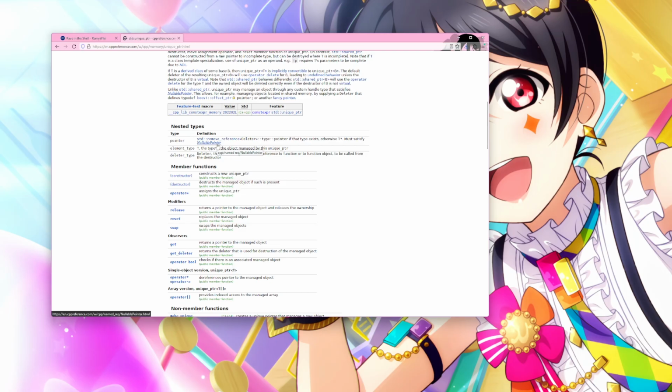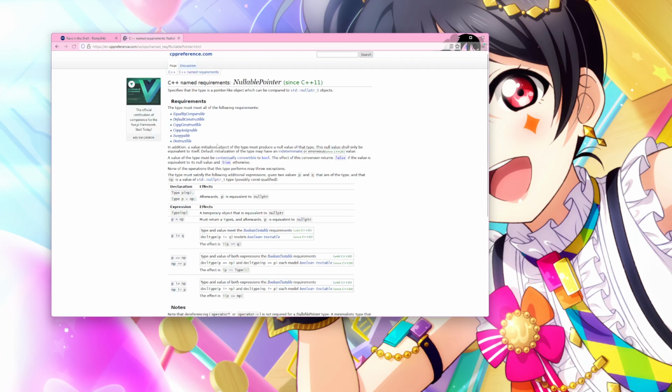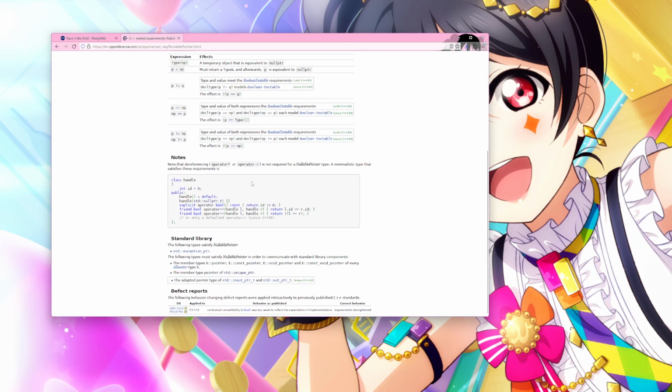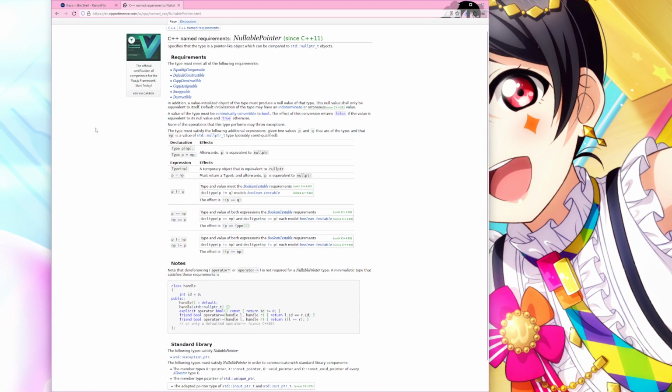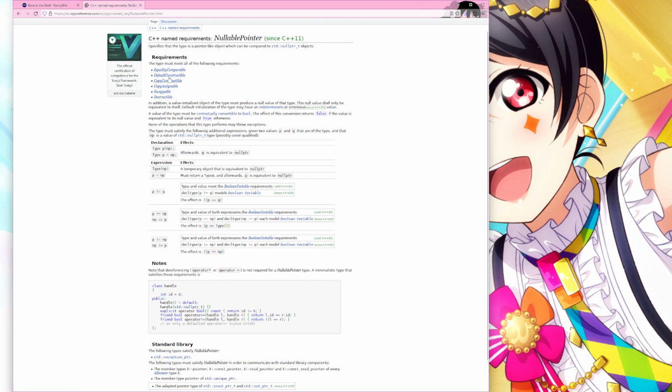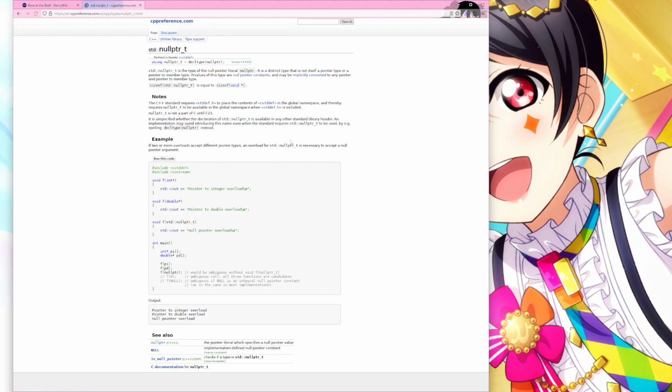A nullable pointer. Okay. nullptr_t. That's a type. Specifies the type as a pointer-like object which can be compared to std::nullptr_t objects. Nullptr.